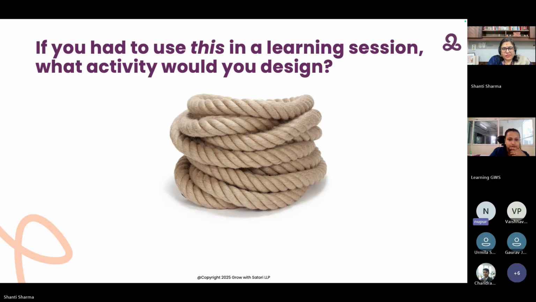Honestly, not much is coming to my mind right now, but if I had a little bit more time, I'd be able to. But pushing myself right now, I'd currently use it for the context of alignment. So, for example, if I'm imagining a leadership offsite where the core team has gone together to plan the year ahead or things like that, I'd probably use the current strategy that is being presented to the whole company.